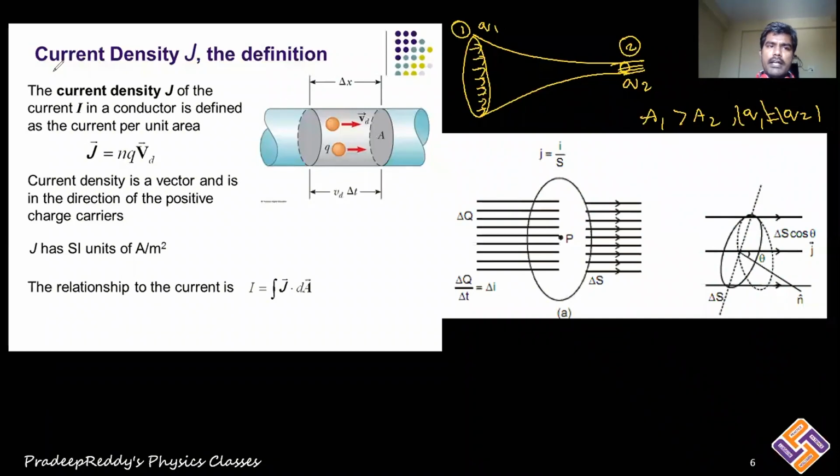Like, we are dealing now with current density. Let me take this area of cross section as capital A or A1. Here the area of cross section is A2. A1 is obviously greater than A2. The charge which is flowing through region 1 and region 2 will be equal because charge is conserved. But the time taken to cross over in region 1 and the time taken to cross over in region 2 are not the same. In region 1, it takes less time, whereas in region 2, it takes greater time to cross that charge. As we know, current I is equal to Q by T.